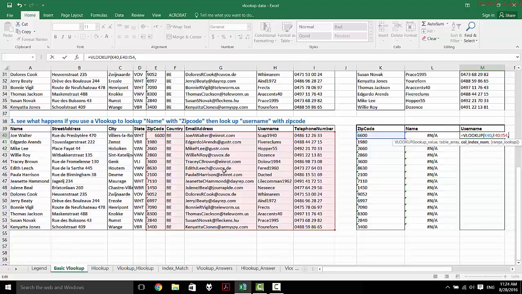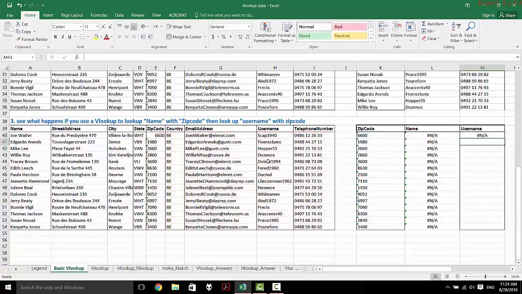So remember, I said your column index is based inside your table array. So in this case, you're going to do 1, 2, 3, 4. So it's the fourth column, and you're going to want an exact match. Hit enter, and